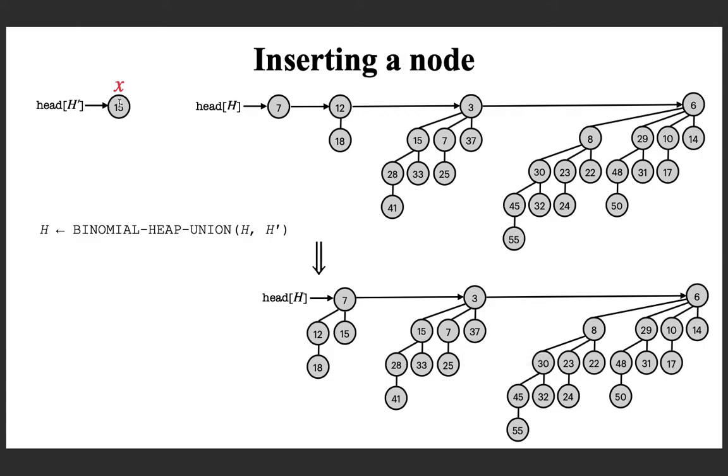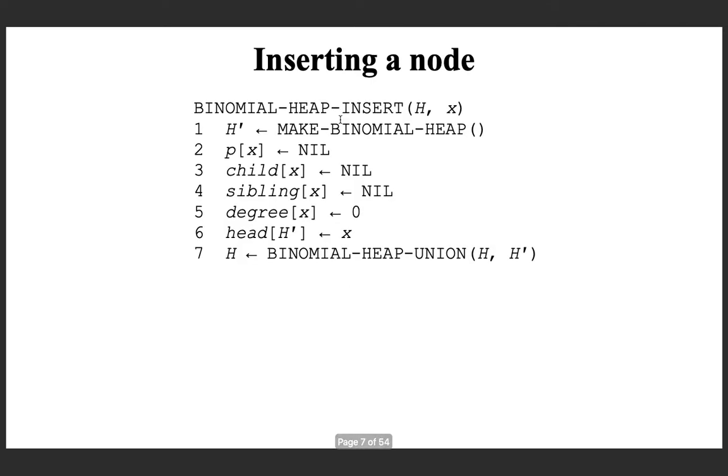Basically, it adds this as the left child of 7, and then it gets two binomial trees of degree 1, and it combines them. I hope you remember the procedure for combining, or finding the union of, two heaps. So with this procedure, one can easily insert a node. First, you make a node or a pointer to store the address of the resulting binomial heap. Call it h prime.